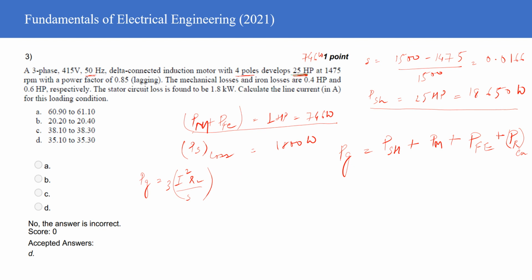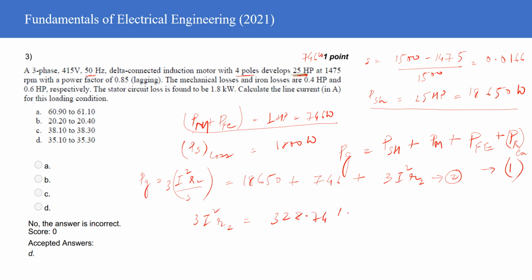Now from equation number 1, I can write that air gap power is nothing but the shaft power, which is 18650, right, plus the mechanical plus iron loss, which is given to you as 746, plus the rotor copper loss, which is nothing but 3 I square R2, because I'm on the rotor side. The value of S is given to you as 0.016, right? So you can substitute the value of S to figure out the 3 into I square R2 value from this particular equation. Let me call this equation number 2, right? So from this equation you can figure out what is the 3 into I square R2, and you will figure it out as